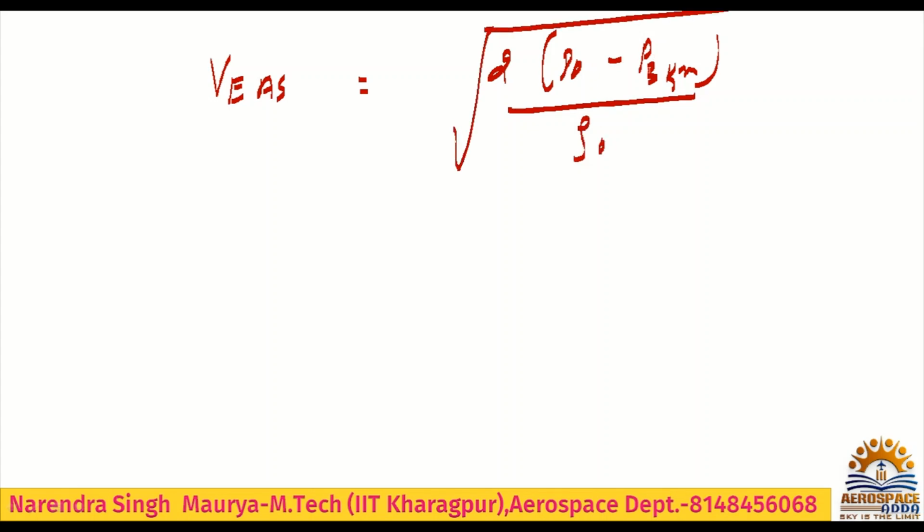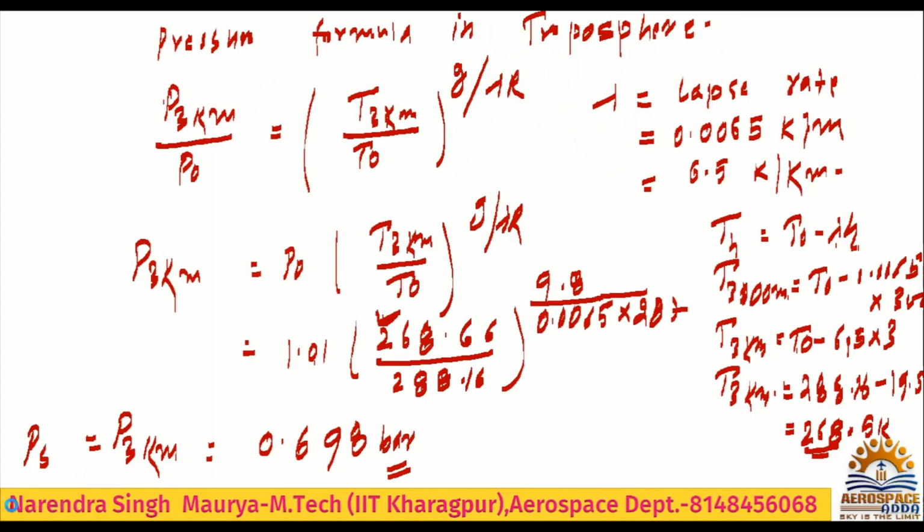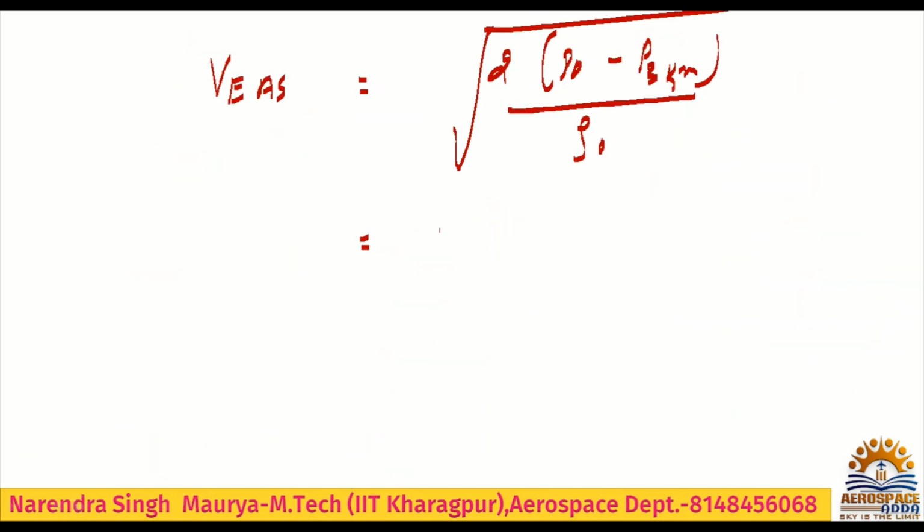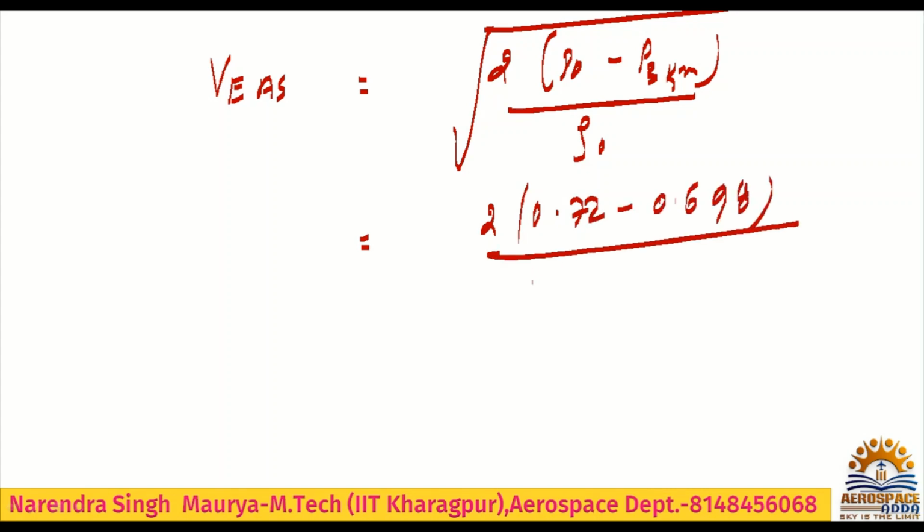Check the total pressure, what value you had. Total pressure is 0.72. So it is 2 times 0.72 minus 0.698, divided by sea level density